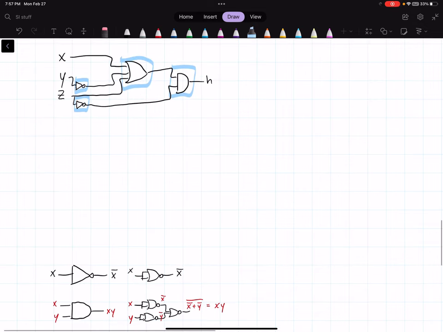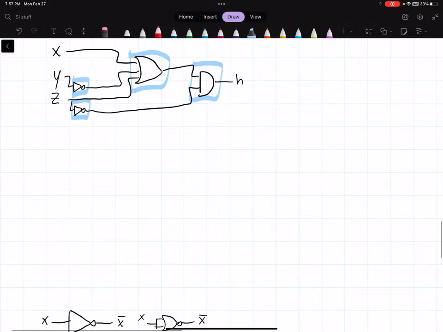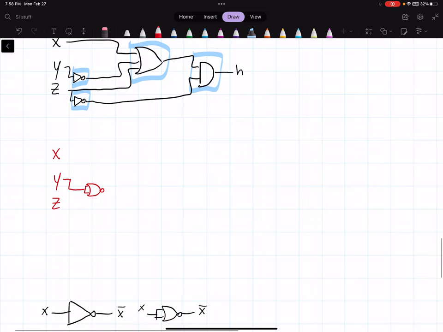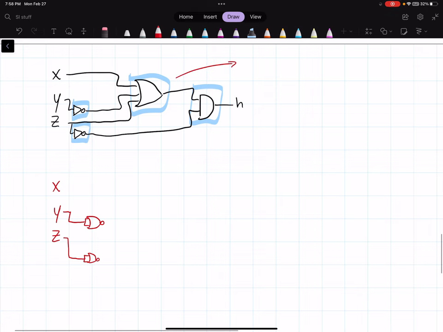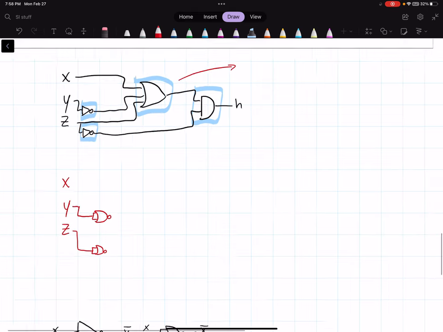So first we would have X, Y, Z. So first, to make the inverter with the NOR gate, you just connect both inputs to the same variable. Same thing with Z. And then for a triple input OR gate,